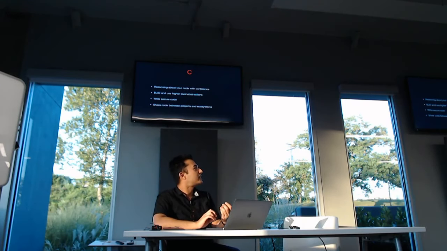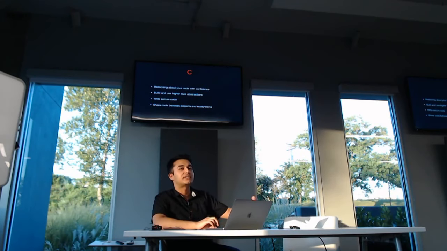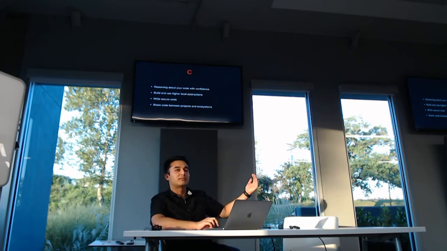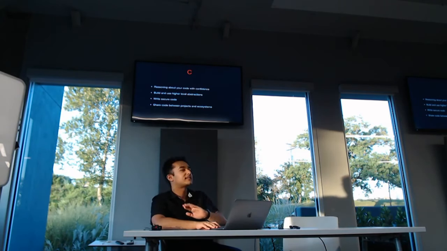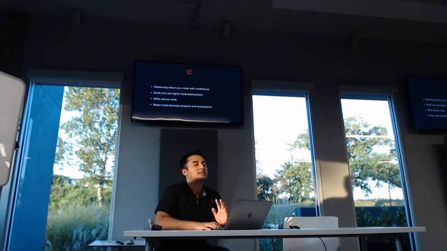And sharing code between projects and ecosystems. Everyone has a different way to compile C. There are CMake, automake, .configure, right? There's so many ways, and package managers, right? Like the package manager that you use in Windows, if there is any, I haven't used Windows in a while, but on a Mac, there are multiple package managers, and then you get into something like pkg-config, right? It's just a lot of problems when it comes to sharing code.